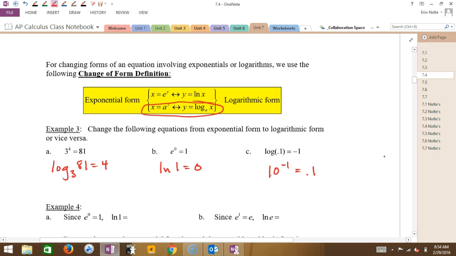Okay, everybody remember all that stuff? Wait, why is it 10 to the negative 1? Because when it's missing a base, it's base 10. Oh,